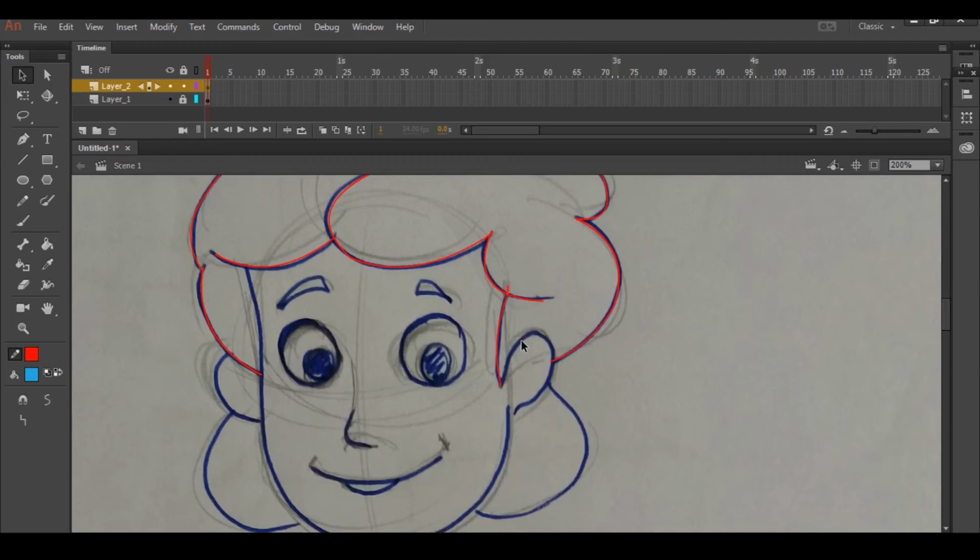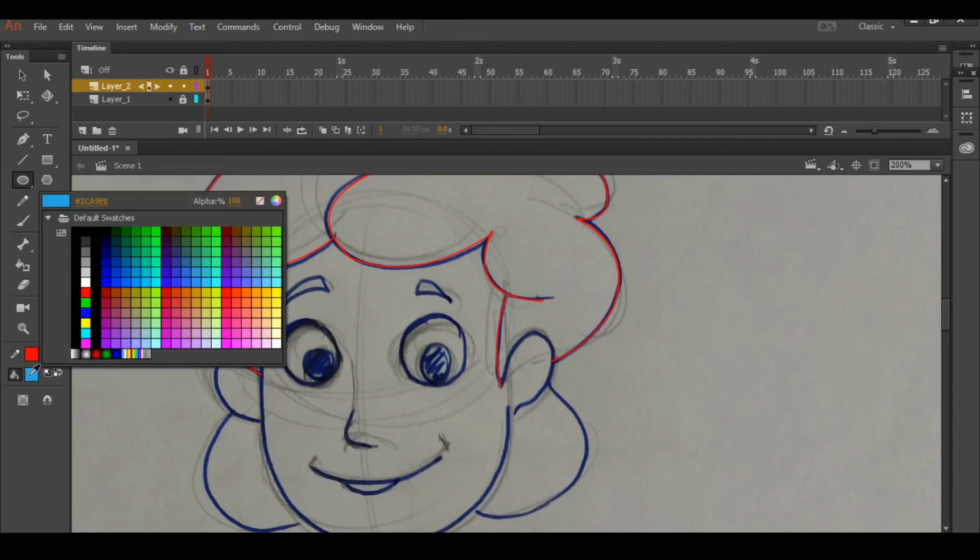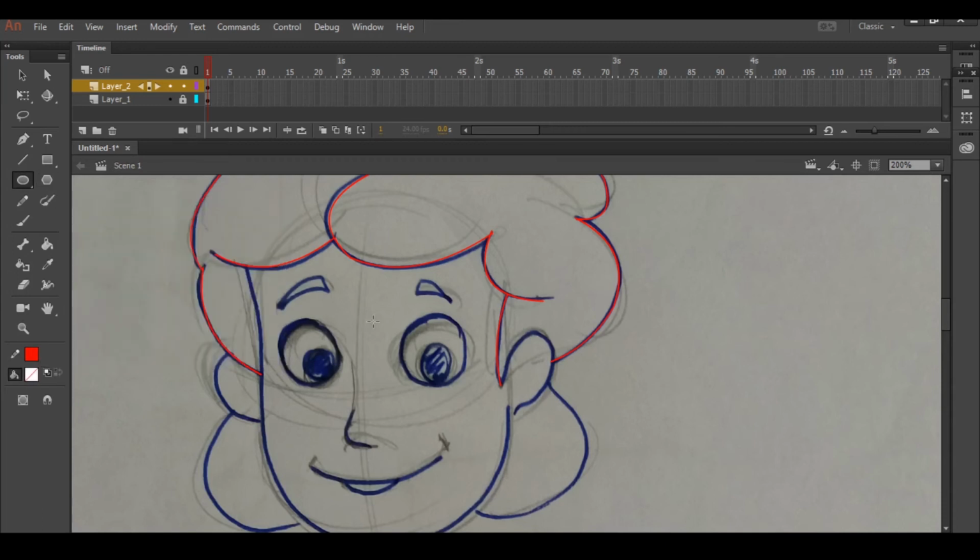Now see, I am finishing this. So now in these cases you can use other objects like circle or square. For eyes, I'll use this oval shape tool. Normally when you draw an oval, automatically you will get this fill color. So what we will do, Control Z, when you select this, go to that fill color option. There is a small box here with the red line, which means you will get only lines, you won't get fill color.